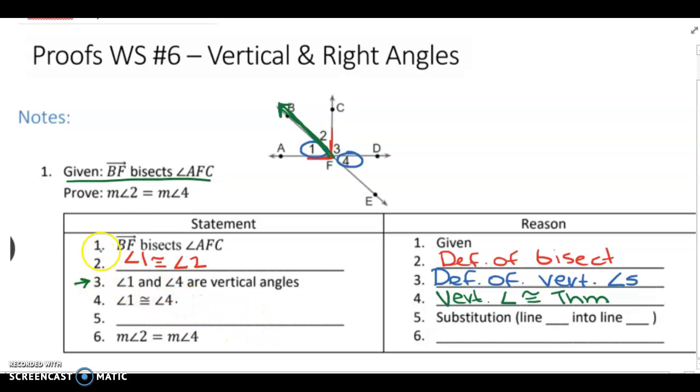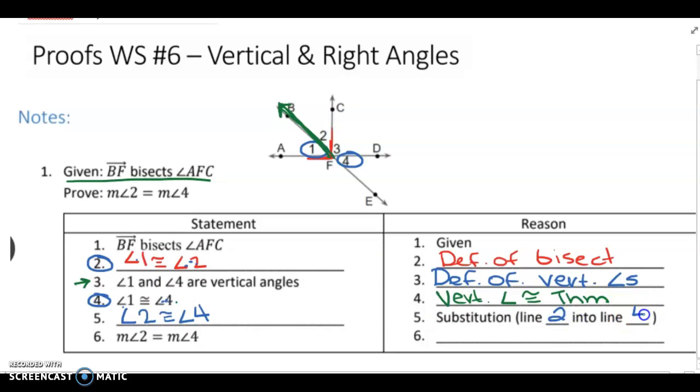All right, so now I'm going to look at line 2 and line 4 together. Okay, so notice angle 1 is congruent to angle 2 and angle 1 is congruent to angle 4. So both 2 and 4 are congruent to 1, so I could say that angle 2 is congruent to angle 4. Okay, and all I did is I substituted the 2 in for the 4 here, so I substituted line